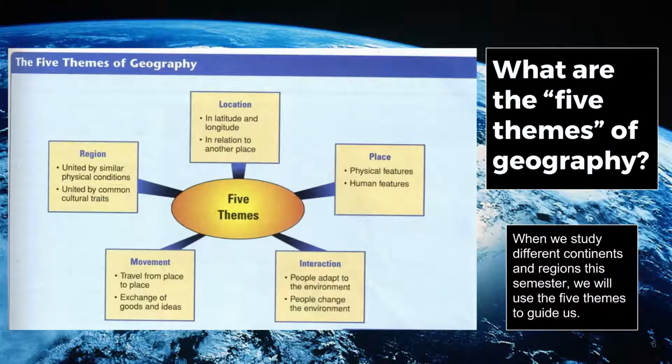And how do you change the environment? I could actually use that same example. People have changed the environment in California by building dams and reservoirs, which help them to keep their water. So that's actually a 2-way example of human-land interaction. There's also the example of the disappearing rainforests in the Amazon, which we may talk about. In fact, we will talk about at some point this semester.